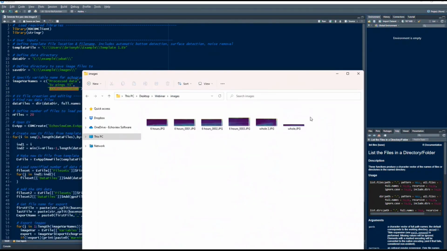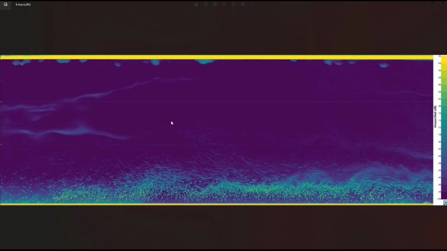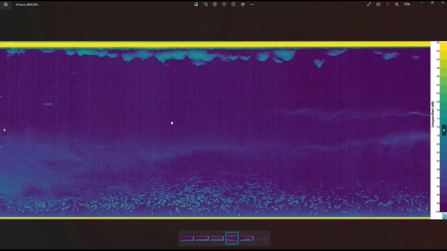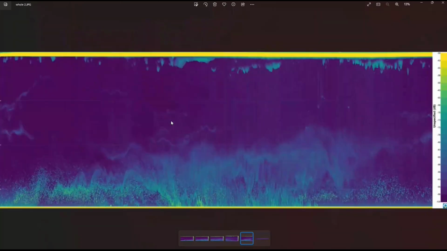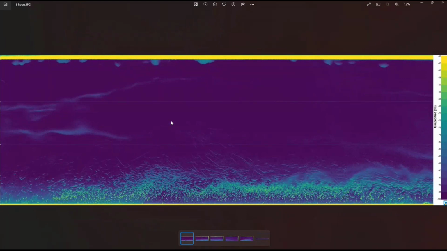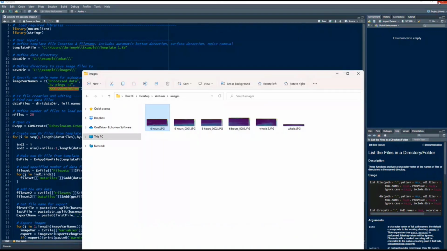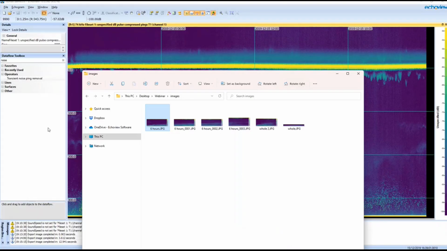In this case, I've only created 6 images in this demo today, but you'd come back to a folder full of a lot of images, and you can simply use whichever photo viewer you prefer and flick through this and look at all of your data really quickly. The benefit of this is you don't have to get your processing software to load up the raw data and scroll through and wait for calculations. You've just got the images here ready to go. And through that, you can see how well your template's working. If it's not working so well, you can modify it, run the process again, look at the results. So that's a neat part about automation, a bit of a sidestep, but exporting images through COM really makes this quite effective and efficient. So yeah, get in touch if you'd like to learn more about that side of things.